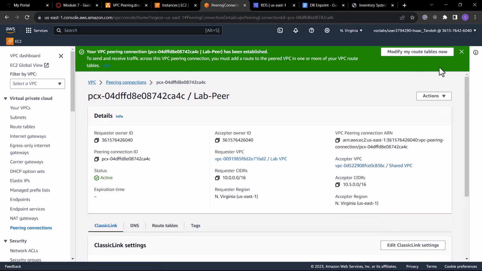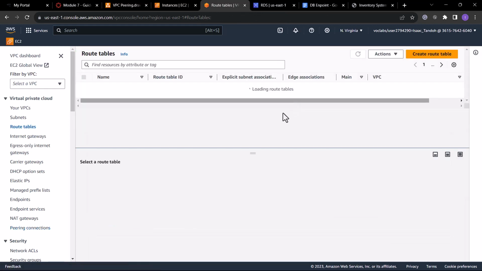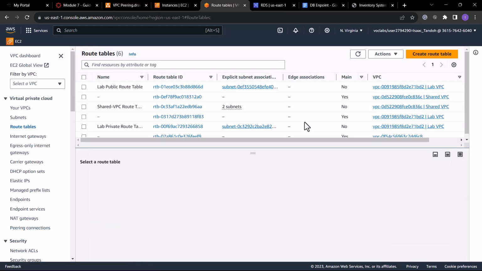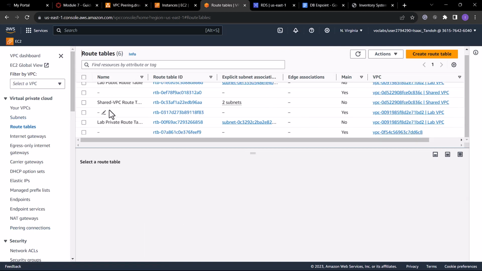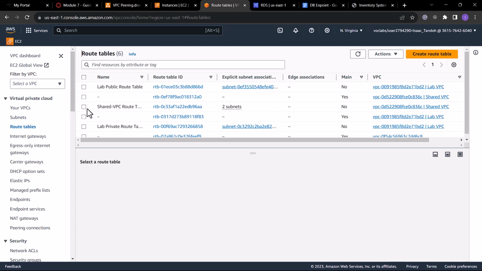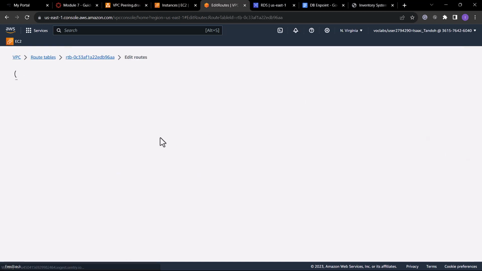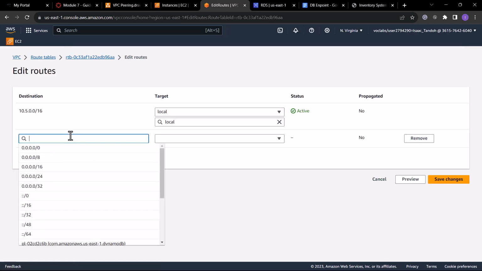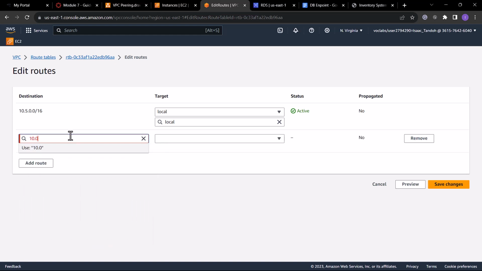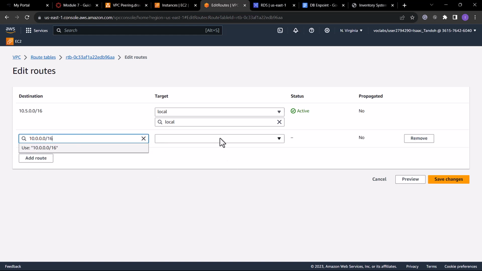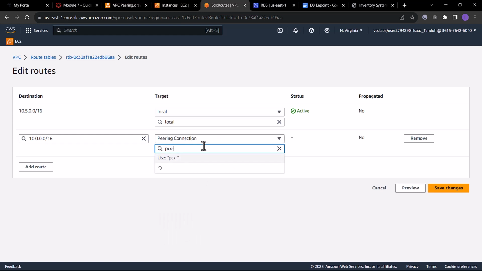Now once this is done, we'll have to modify the route tables to route traffic coming from each of the VPCs to the peering connection. So first I will do that for the shared VPC, since it only has one route table attached to it. I will go to actions and then edit the route. Now for the shared VPC, I will say to route all traffic coming from the lab VPC to the peering connection that we just established,